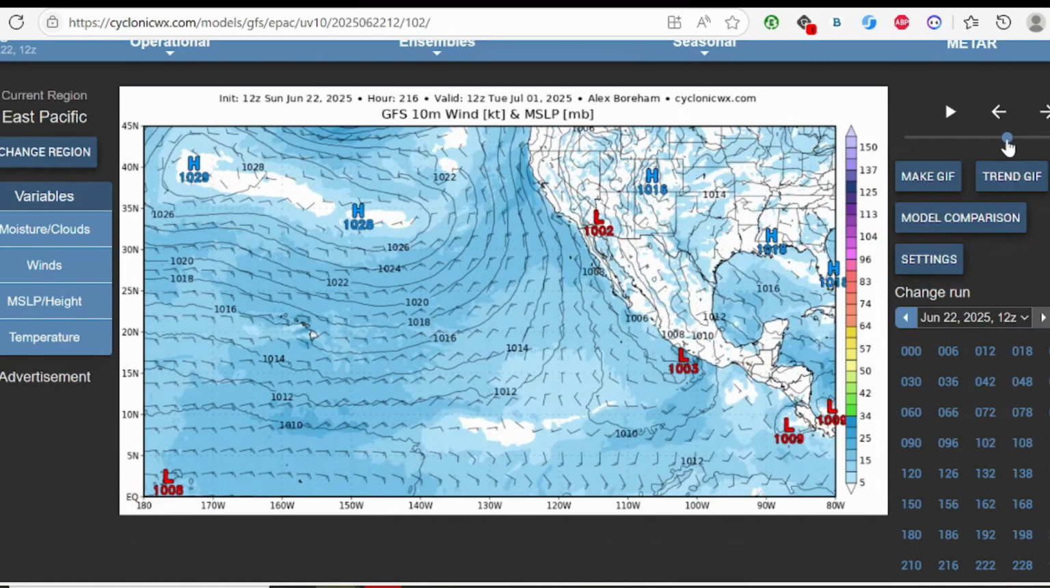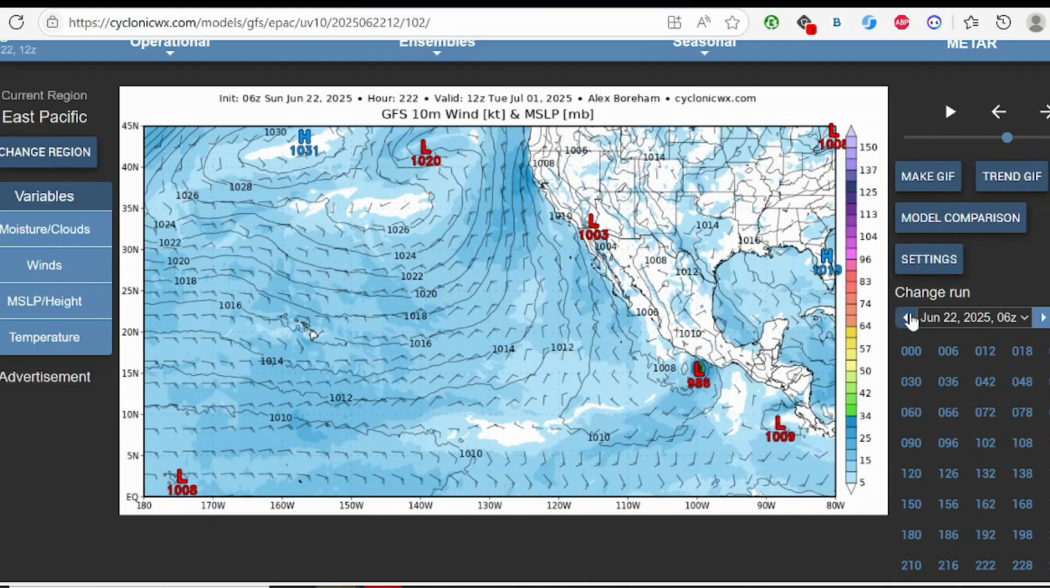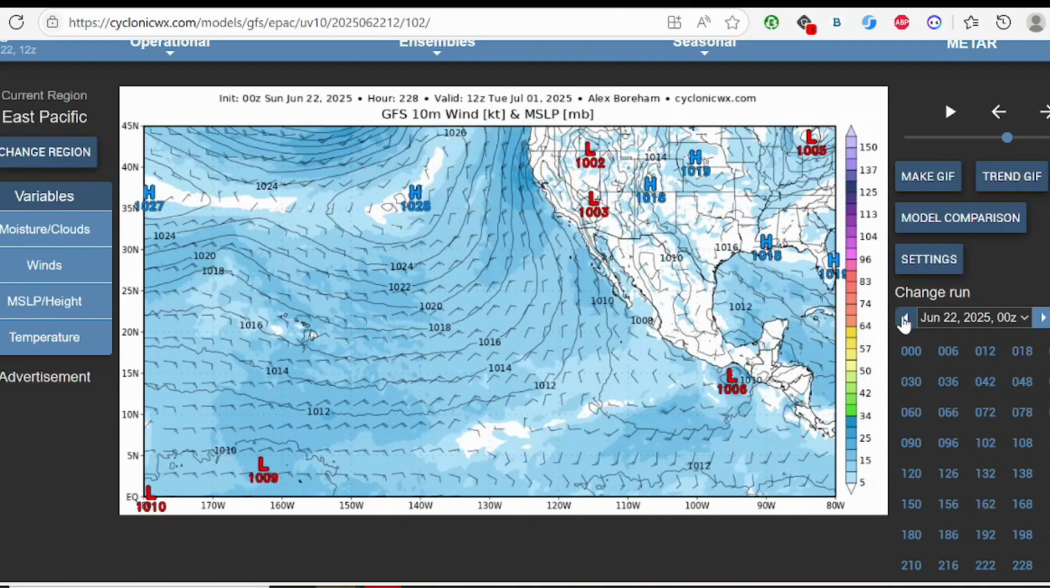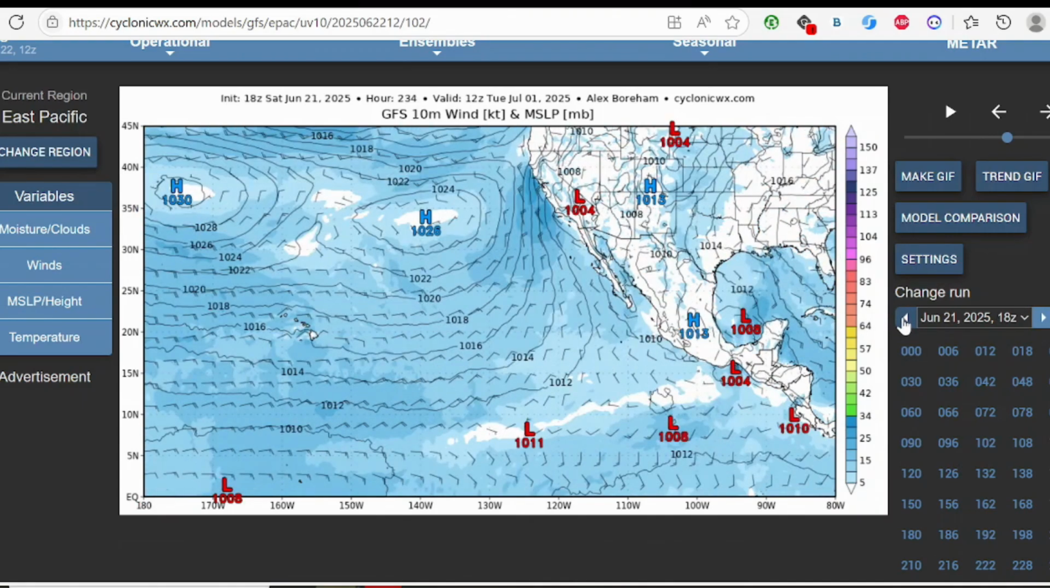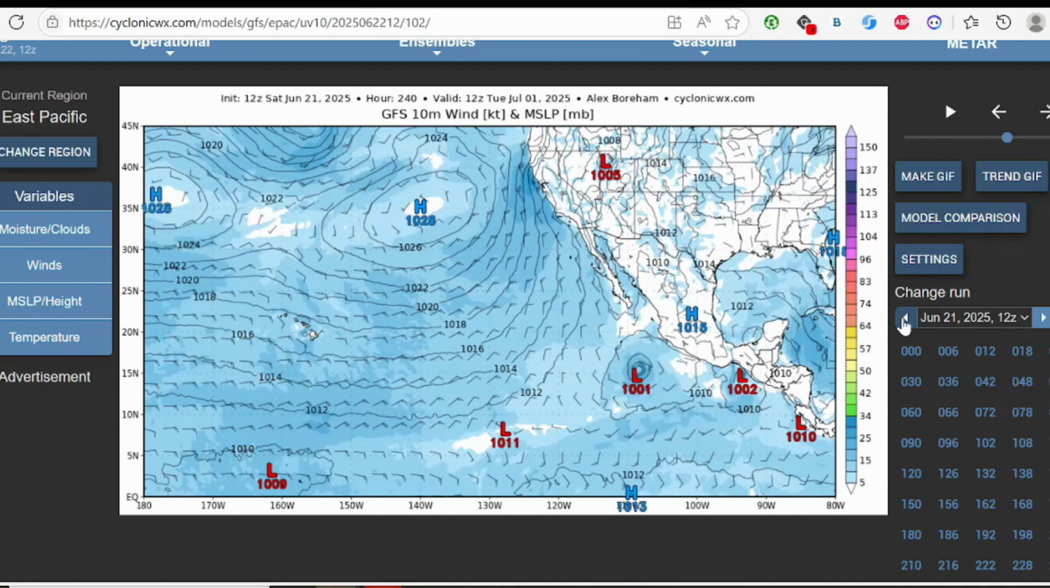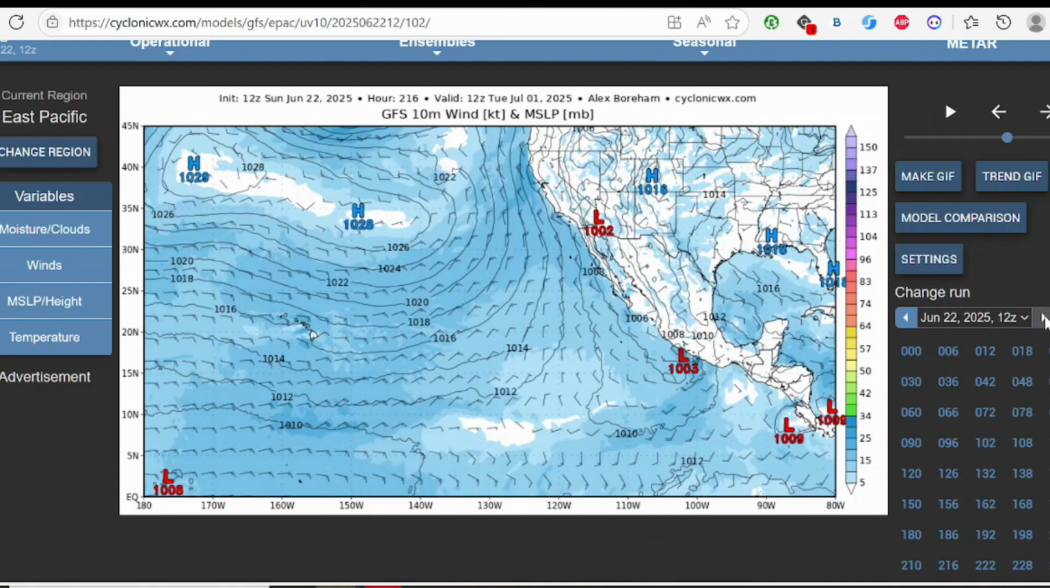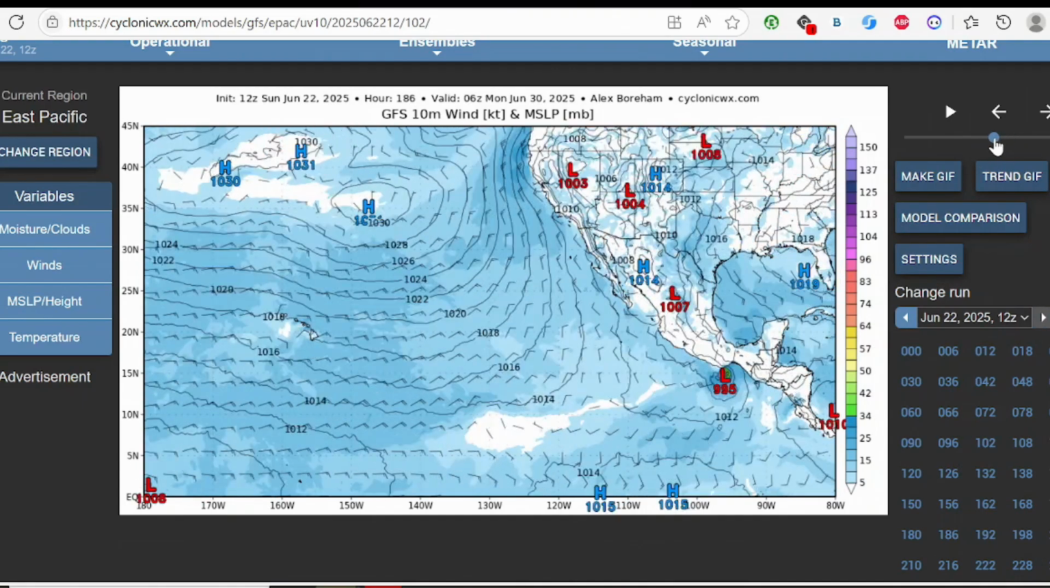But if we just look at it now at this point, the system is right here, and we go back to 6Z. It's still much further back, but it's still along the coast, and 0Z is not even developed, and then 18Z it's along the Mexican coast, and they are further out. There's more uncertainty. So one thing that has arrived in more recent model runs is the confidence of the system